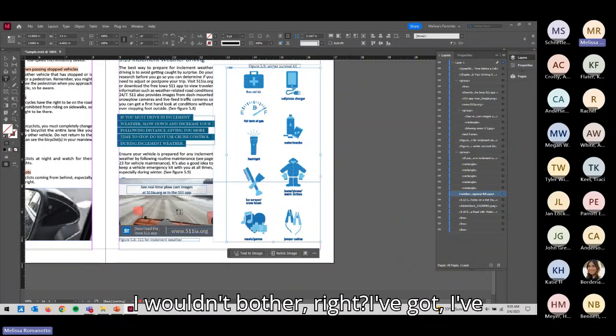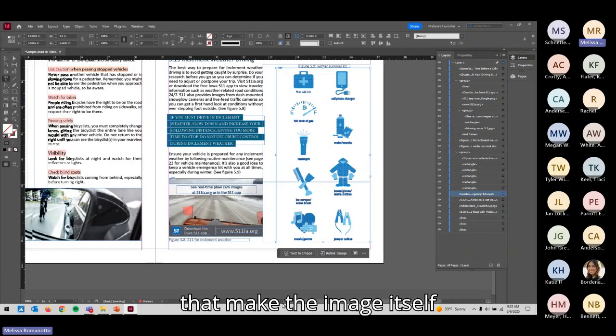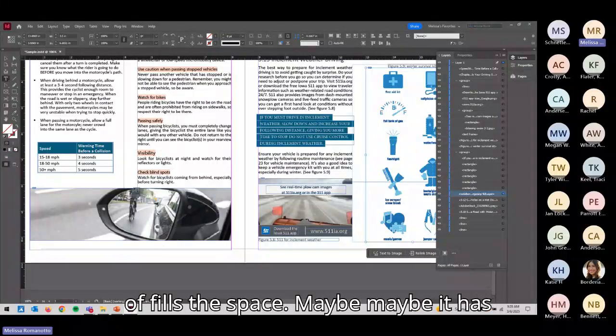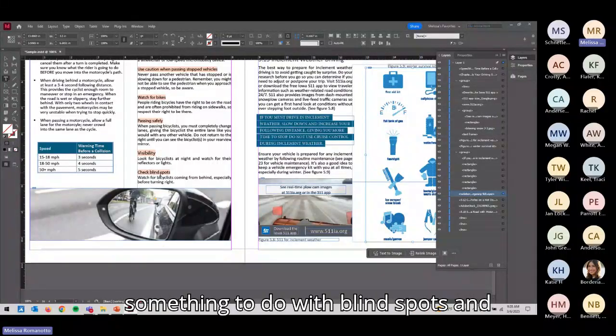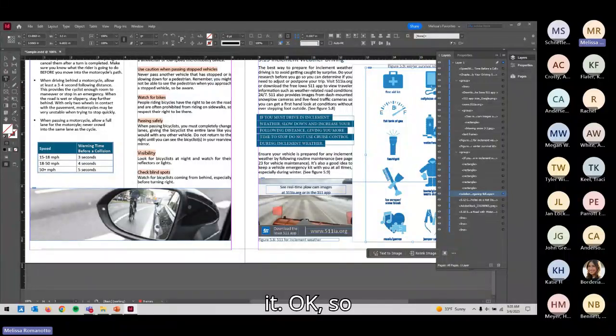And in this case, I wouldn't bother, right? I've got words about the snowplow cam here that make the image itself decorative, and then this one just kind of fills the space. Maybe it has to do with blind spots and visibility and some of the stuff above it. Okay, so I'm going to select my first